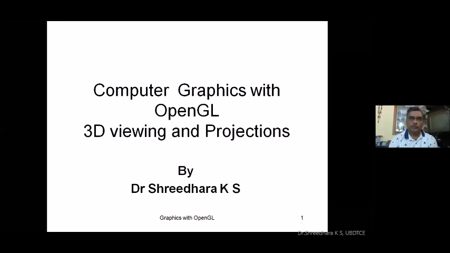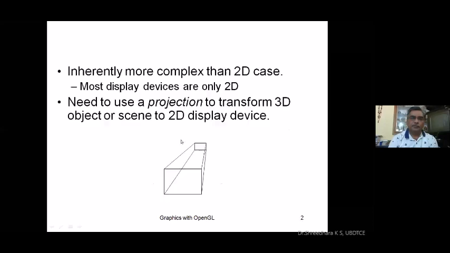So 3D viewing, the word is very important. In 3D viewing, you are observing 3D objects on a 2D screen. It is not a 3D screen, it is a 2D screen. That means one dimension is lost. But the user feels like this is a 3D object, for example, the cube we have created, which with respect to our projection system is 2D, not 3D.